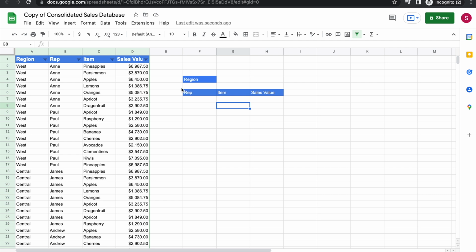different reps. What I want is a little self-updating table here where someone can come and use the drop-down to select a region, and whenever they select a region, the rep, item, and sales value update automatically. So the first thing that I have to do is to add the data, the drop-down